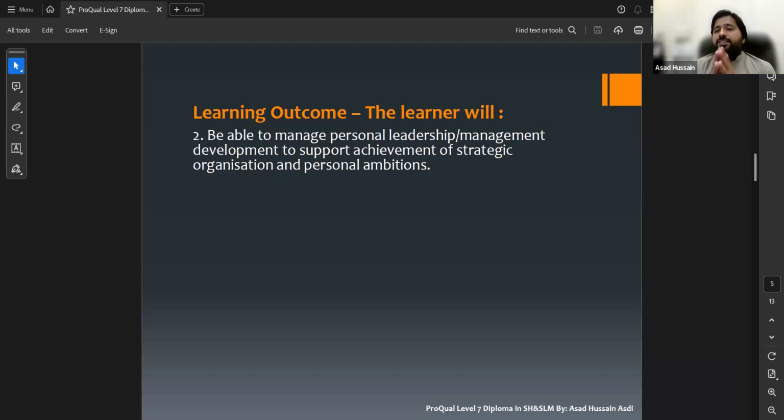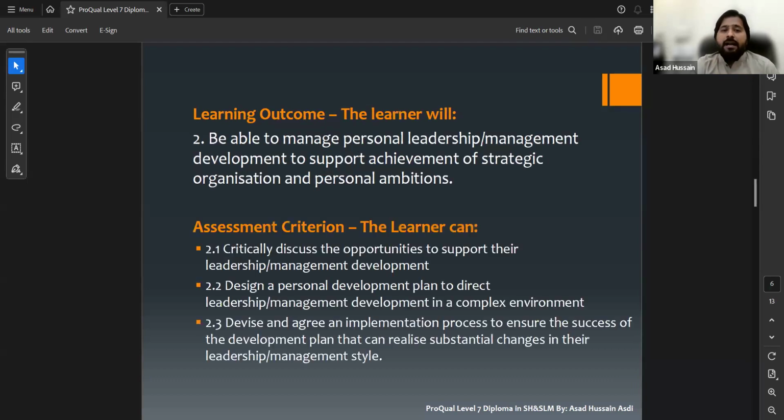Why is he doing this? He is just doing this to achieve organization and personal strategic ambitions. For this purpose, he has to do that. So we have three assessment criteria there.